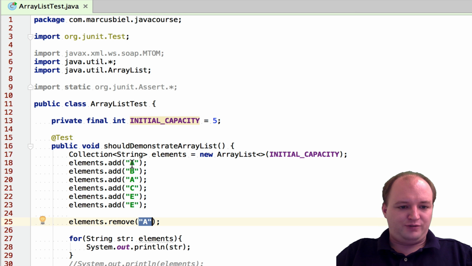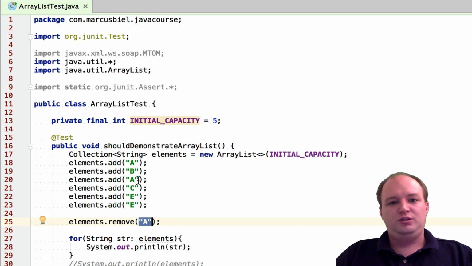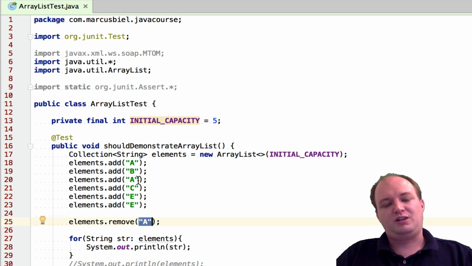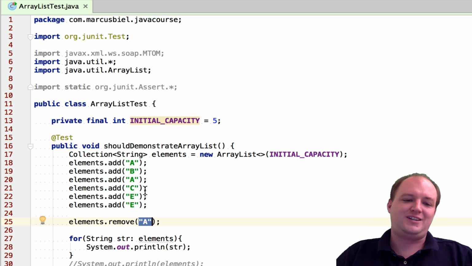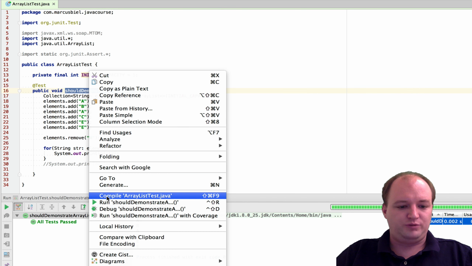You might also notice I have two A's, so it's interesting to know: will the first A be removed, will the second A be removed, or will both be removed? And there is another tip I have for you. If you have such questions, you can look for a book, for a video tutorial, you can look in the API, and so on. But you will never be as sure, and probably also never be as fast, as if you just write a simple test like this and try it out for yourself. I mean, how pragmatic, how cool is that? Because the code doesn't lie. If you see it, you will be sure that it behaves like you can see it. So let's do this and check which element is removed.